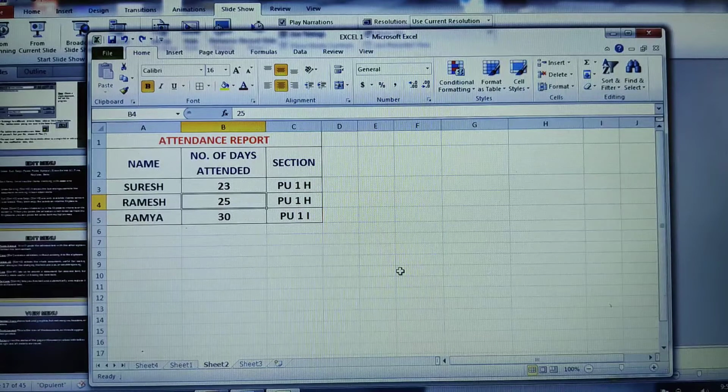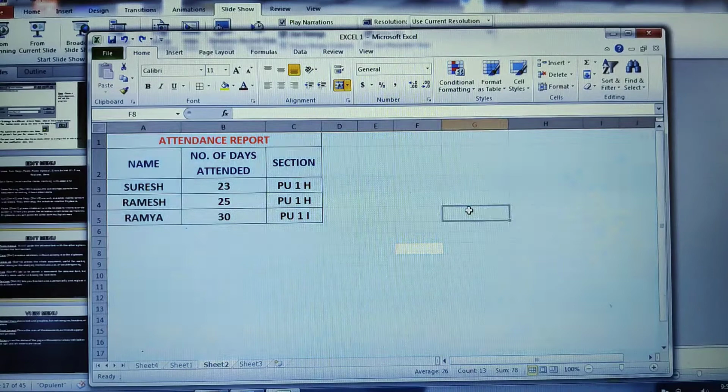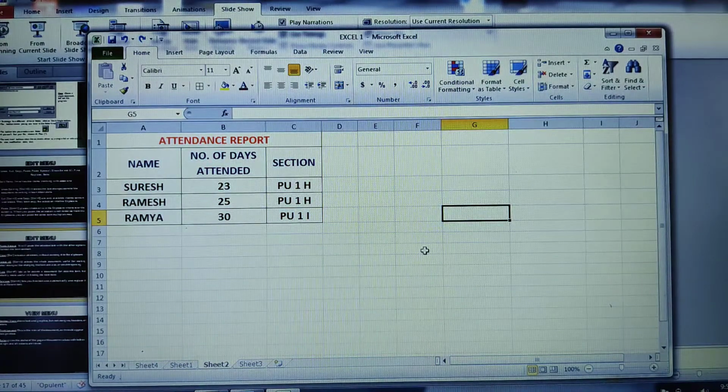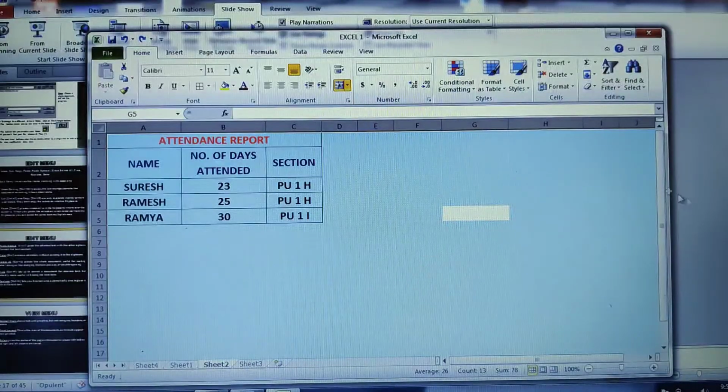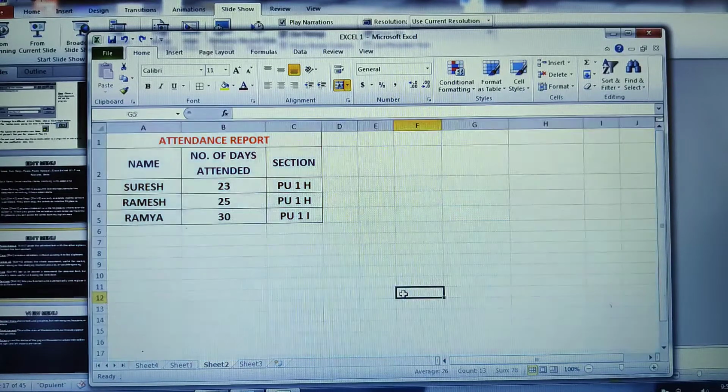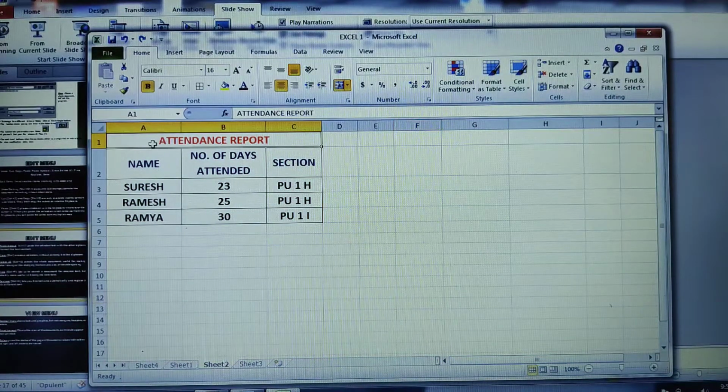Select all, that is Control plus A. I was in this particular table, that's why it selected all there. Suppose I click outside your table and then go for select all, your entire document will be selected right from the beginning to the last. But if I am in the table and go for select all, then your entire table will be selected. So these are the few options under the edit menu.